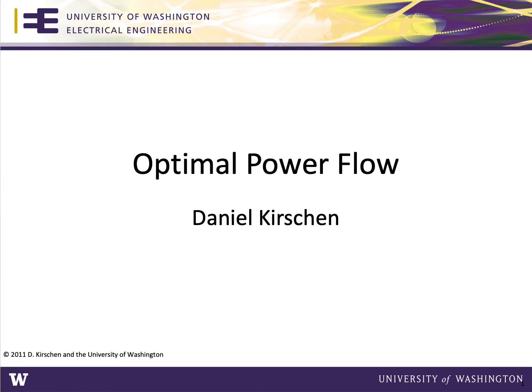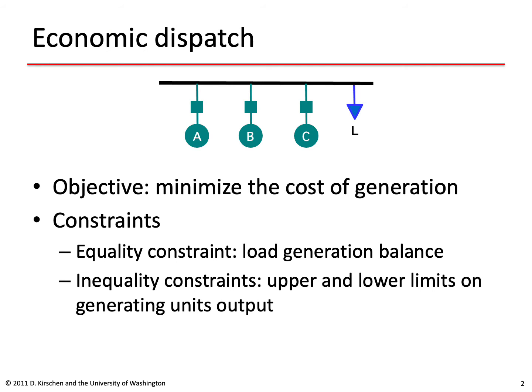This module is devoted to the optimal power flow, its formulation, and its applications in power system economics. In the previous module, we defined the economic dispatch and formulated this as an optimization problem, where the objective function is to minimize the cost of generation and where we enforce the following constraints. We have an equality constraint that the generation must be equal to the load, and we have inequality constraints which